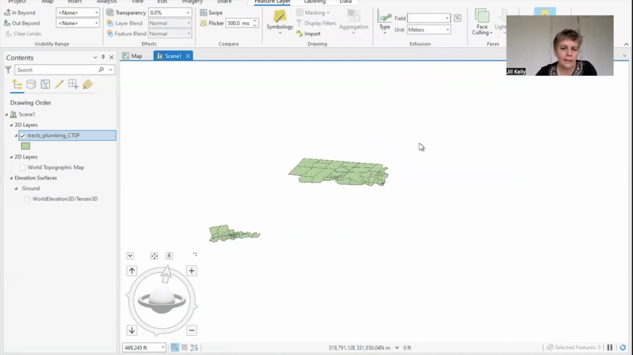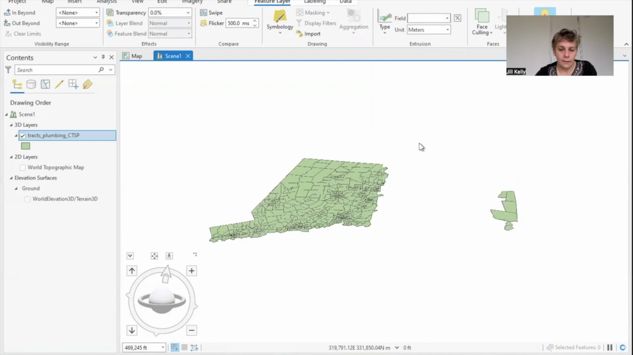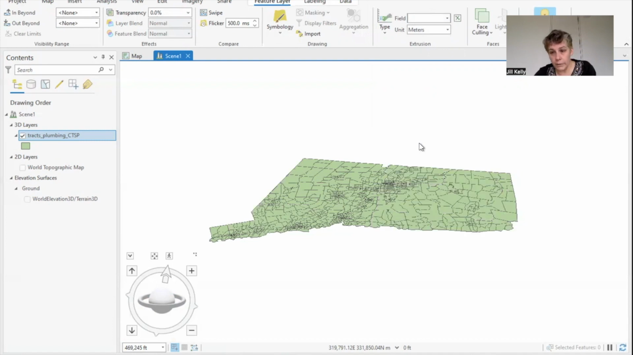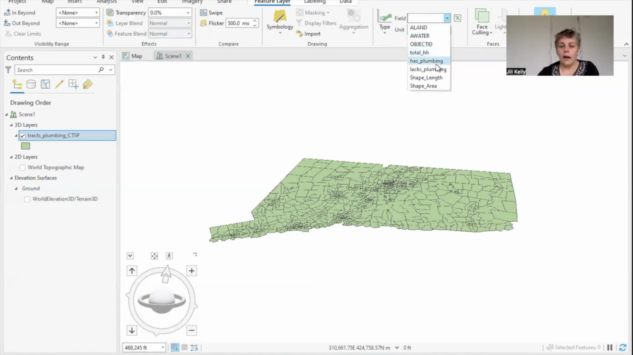And still nothing happens because we haven't told it which field to use for the heights. Now, let's go into this field choice and take a look. We have the total households, has plumbing, lacks plumbing. Connecticut is a pretty well-developed place, so almost all of the houses have plumbing. If I choose has plumbing, I'm going to get